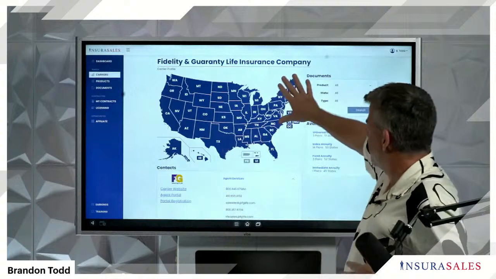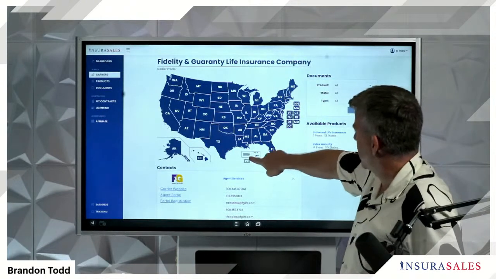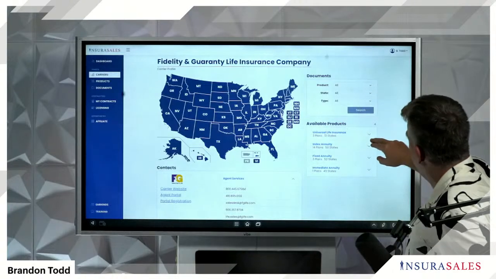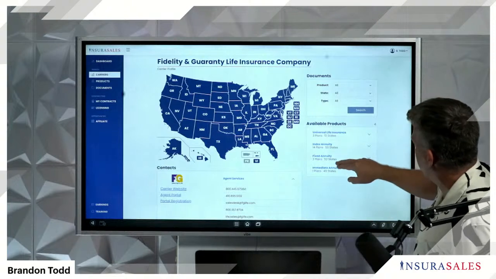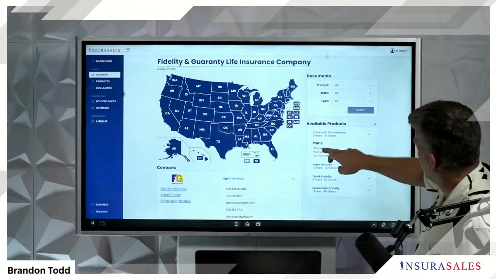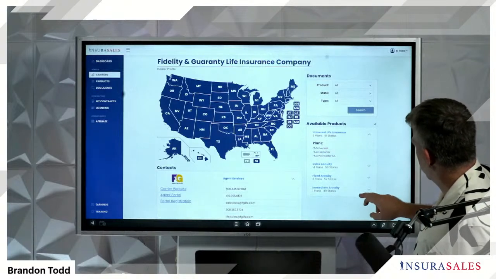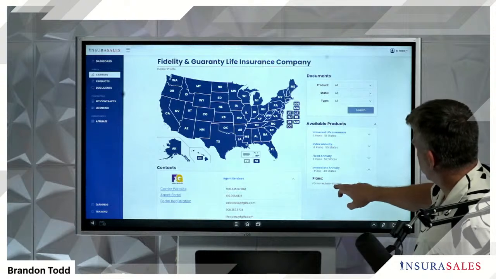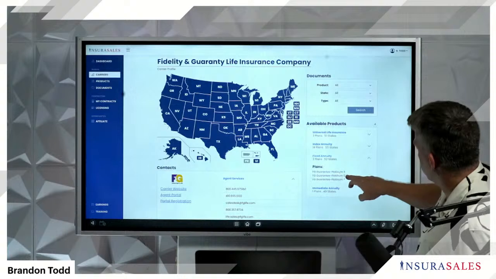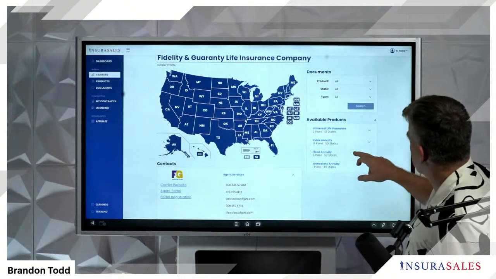So they're in the states and the jurisdictions. So DC, Virgin Islands, not Puerto Rico. We see that. We also see here the available products that they have. So here's their universal life, index annuity, fixed annuity, immediate annuity. It shows their plans. So, what were we looking for? An immediate annuity a while ago. So they have the F&G immediate income fixed annuity. They have these three, et cetera. So it shows those, and then